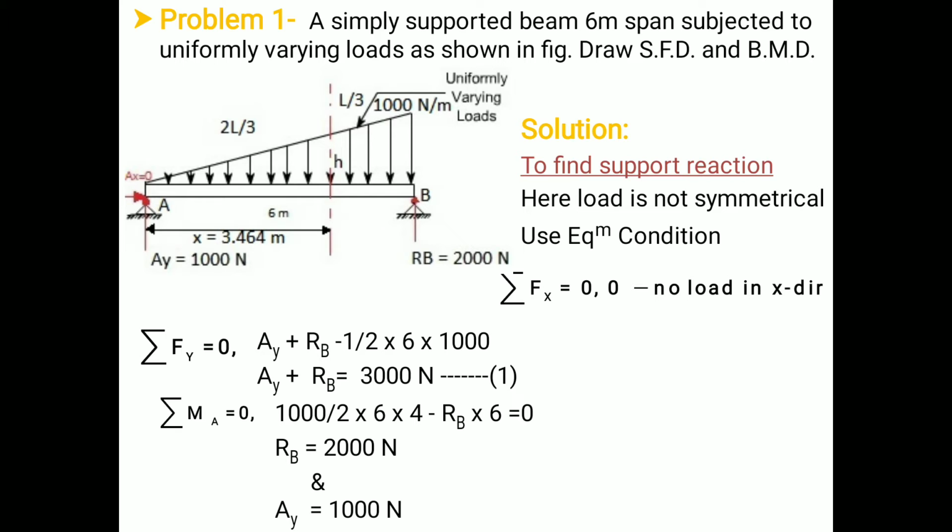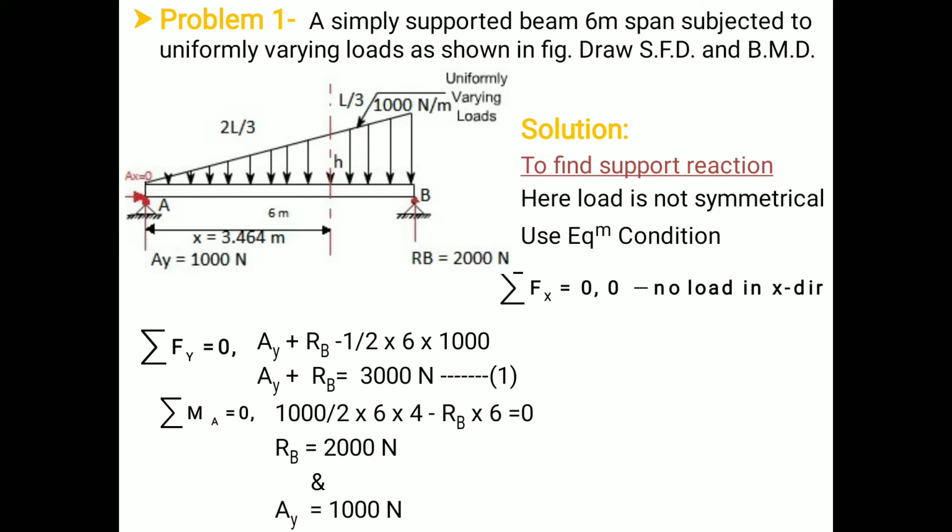Now as per the given statement, we have a simply supported beam, means we have support at point A and support at point B. So it's a simply supported beam which has a span of 6 meter. Therefore this span is 6 meter. It is subjected to uniformly varying load. Now in case of uniformly varying load, the variation in the load is linear one, which has zero value at one end and maximum value at the other end. So in our case, it has zero value at point A, whereas 1000 Newton per meter value at other end. And from that we have to draw the shear force diagram and bending moment diagram.